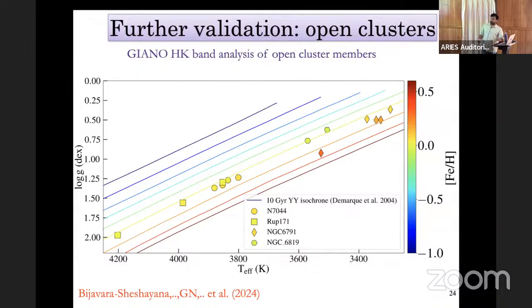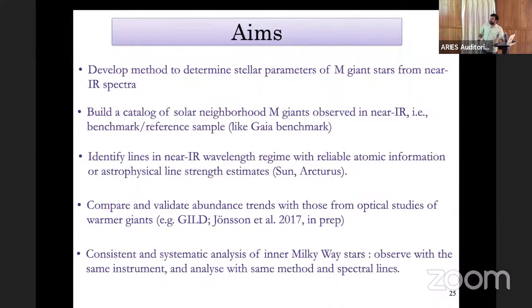In addition to that, we further did a validation by using open clusters, which are cool M giant stars in the open clusters mentioned here. And we found that our metallicities for these open clusters are very narrowly distributed, which indicates that our parameters are, again, very valid here. So if I come back to the aims,